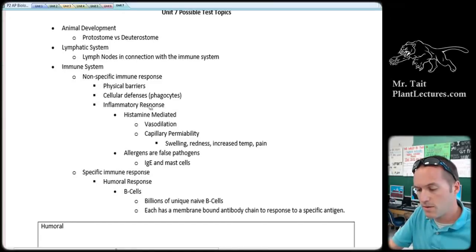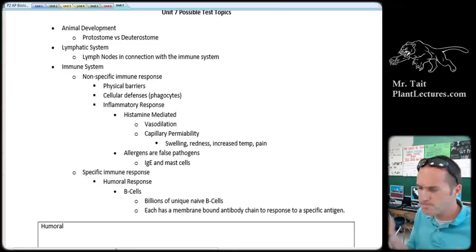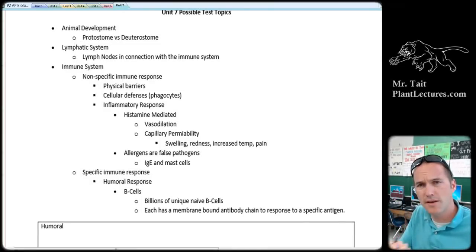And then once you actually have a site of infection, the idea is you want to get all of these things to the site of the infection. That's where the inflammatory response comes in. Those dendritic cells will release antibodies, specifically these antibodies called immunoglobulins, right? And those immunoglobulins will then cause cells called mast cells in your body to release histamine, and the histamine is